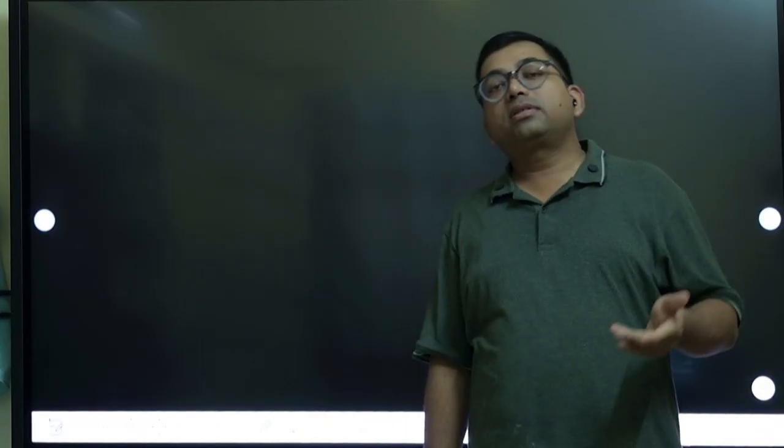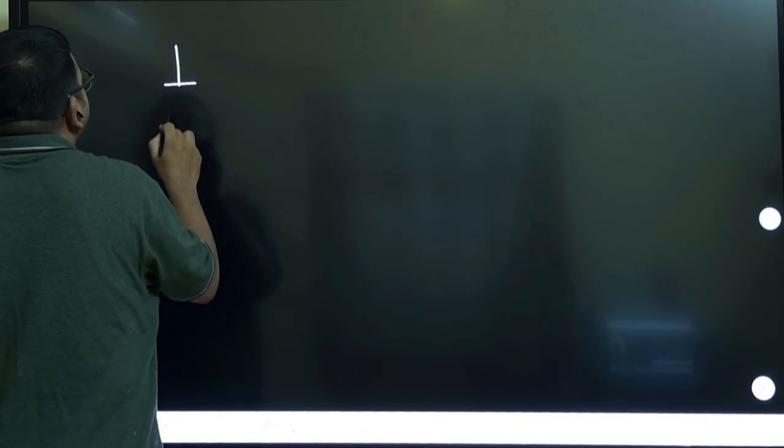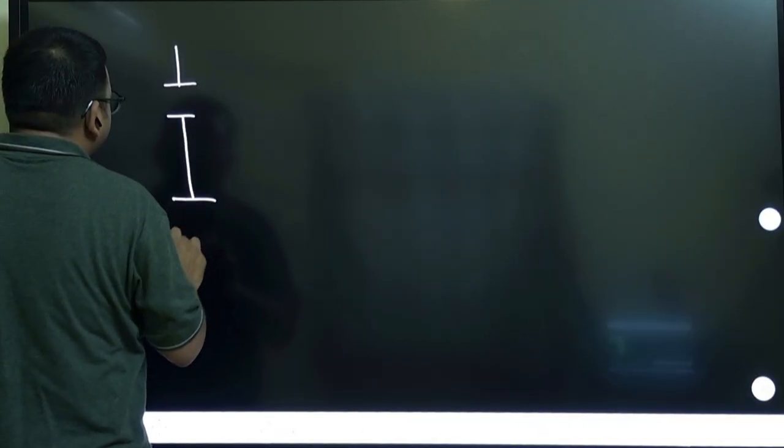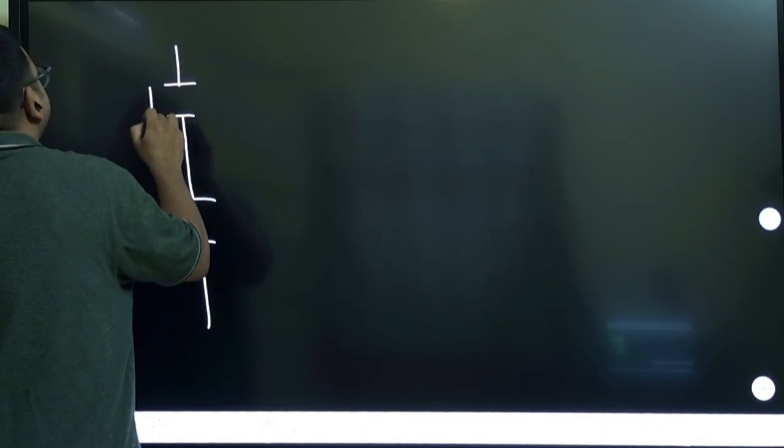Okay, so let us start the remaining topics of wave optics and we can cover them up. So we have discussed double slit YDSE. Some important points in YDSE we'll discuss today. So one of the things is that in YDSE, if you consider the slit widths,